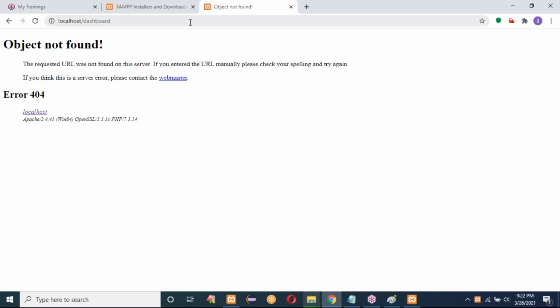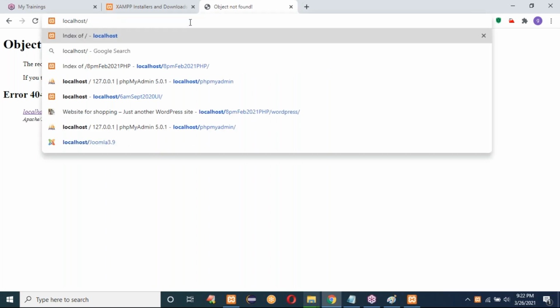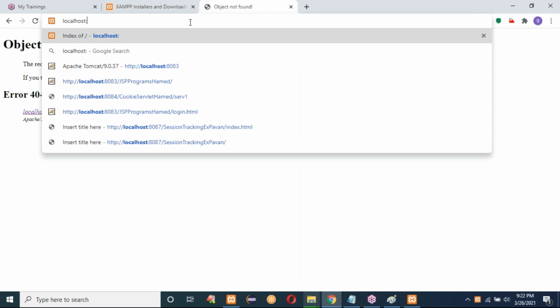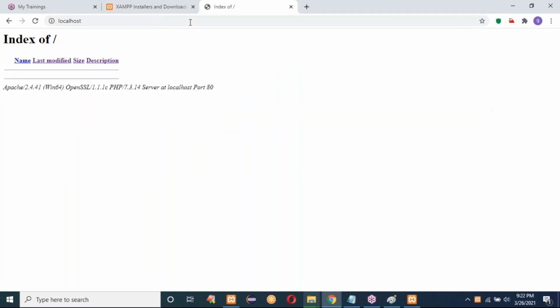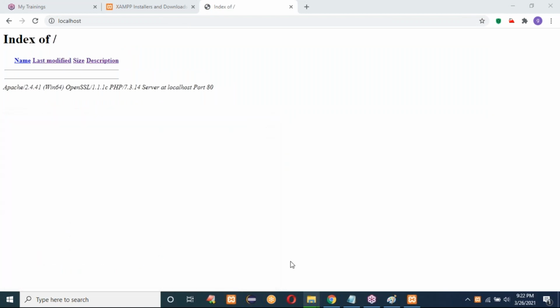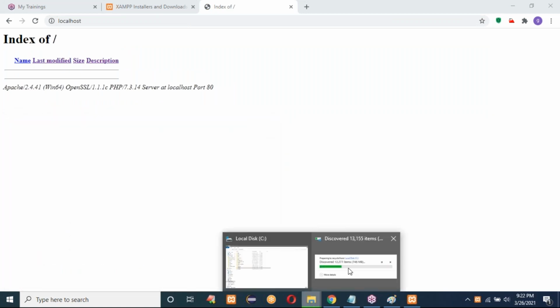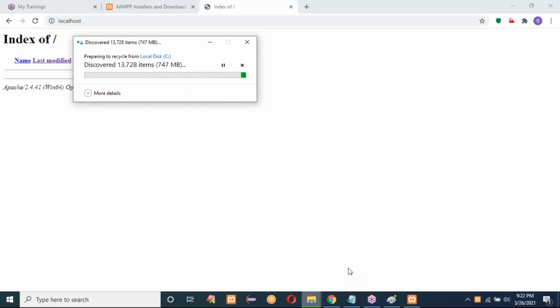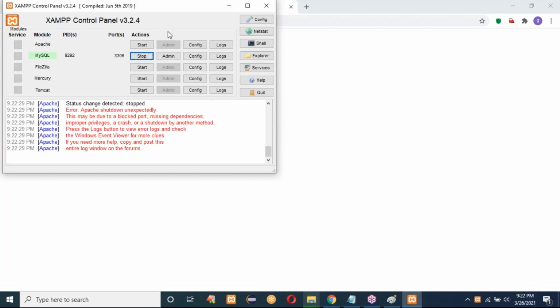Where do I want to see my dashboard? Localhost :80 port number /start. Here I'll stop this XAMPP server and just close it. Okay, here I want to start my server.